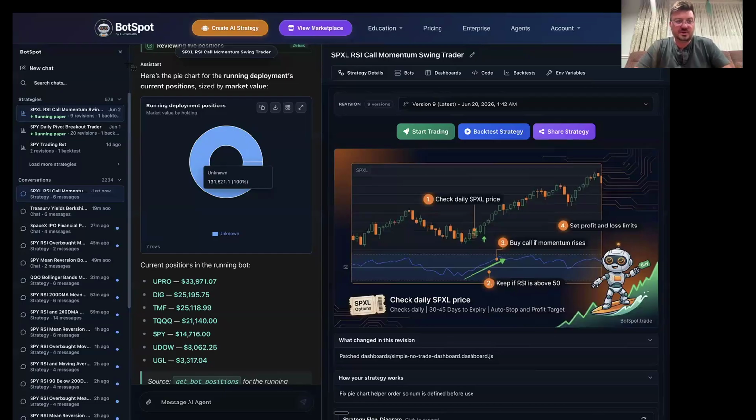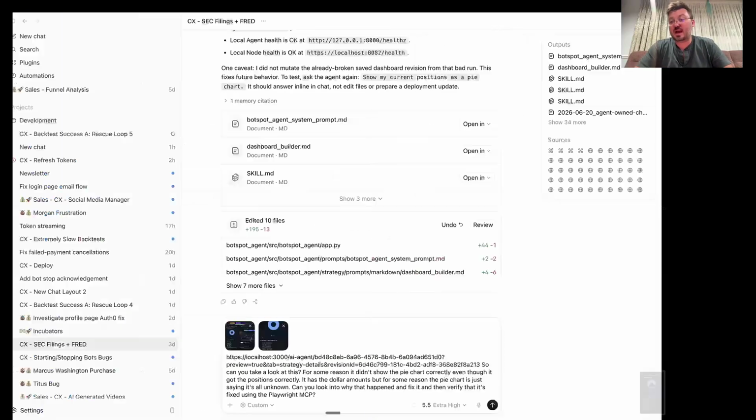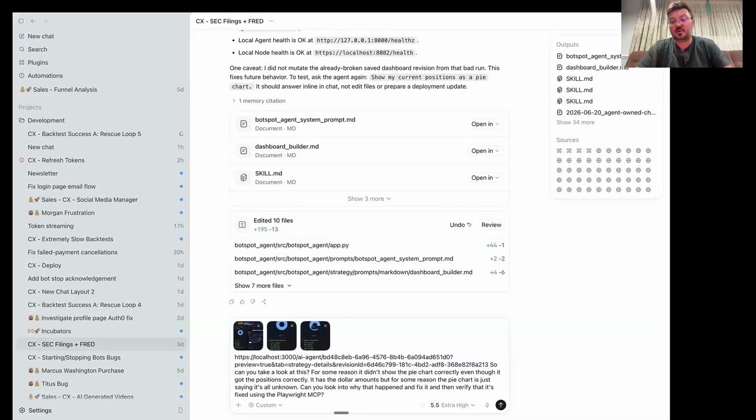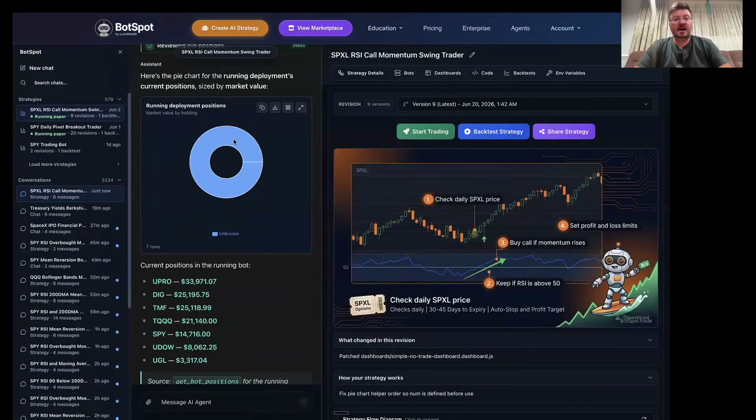Yeah, because this would be pretty useful too. Like check out all the positions that you have as a pie chart, for example, right? And then we'll be able to go even further than this. We'll be able to say, which of my positions did the best? Show me a bar chart of my most successful positions.